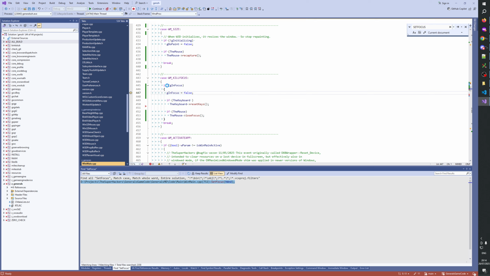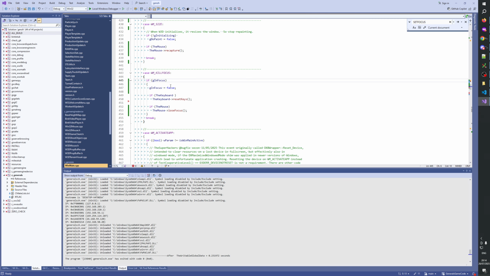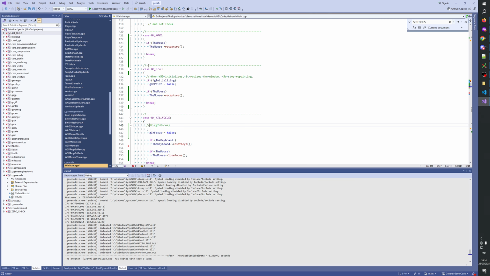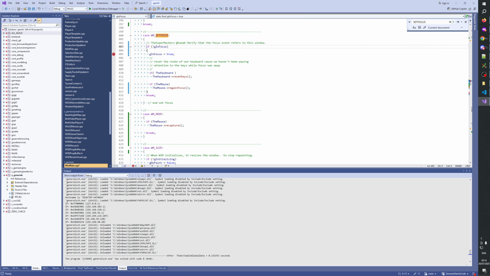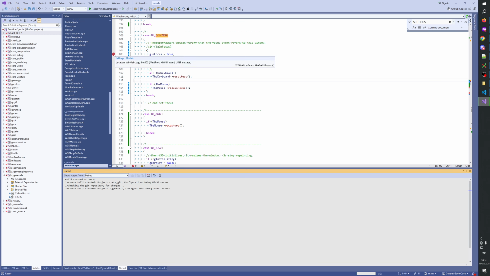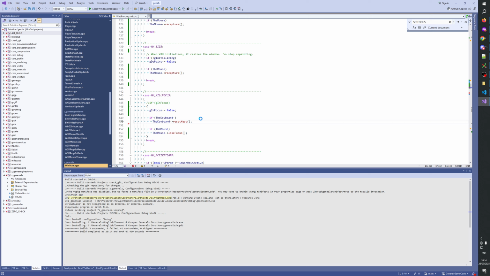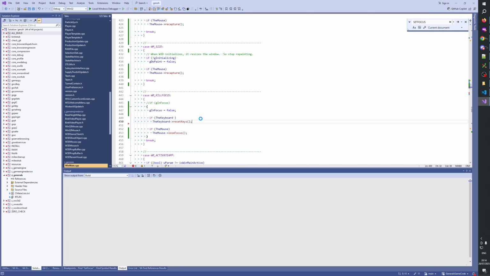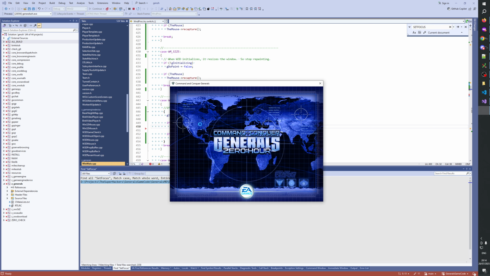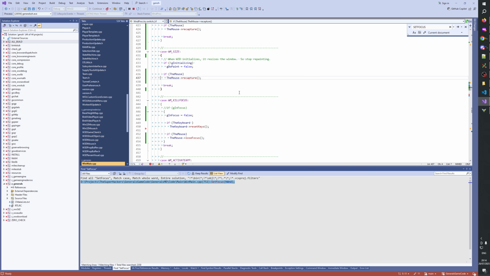Let's remove this check here. Man, this is really finicky, right? Really finicky. Oh, tap out, please. It's still locked. Jesus Christ.